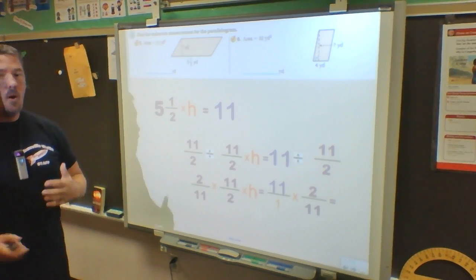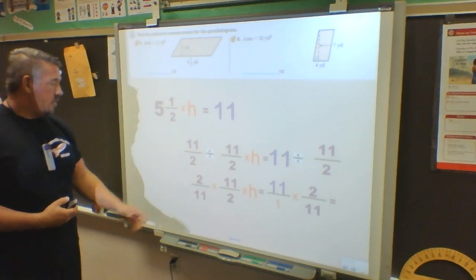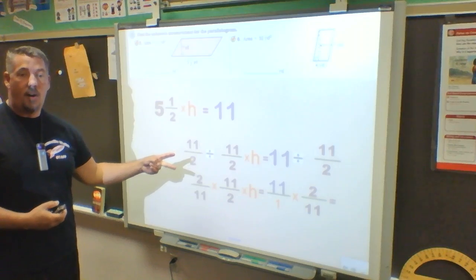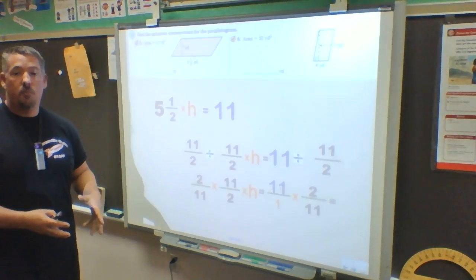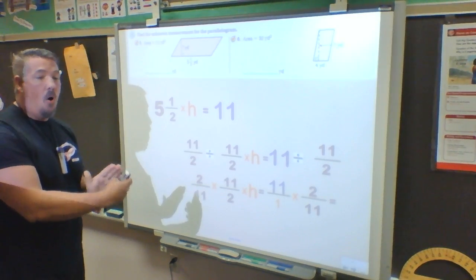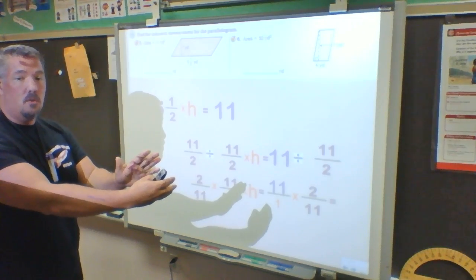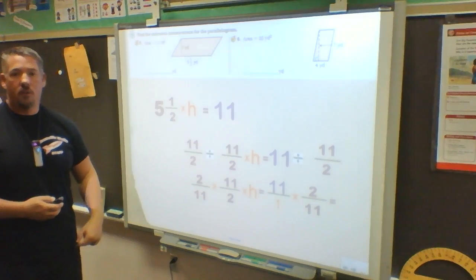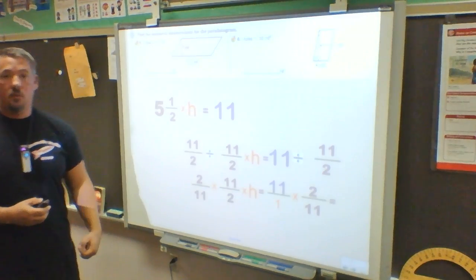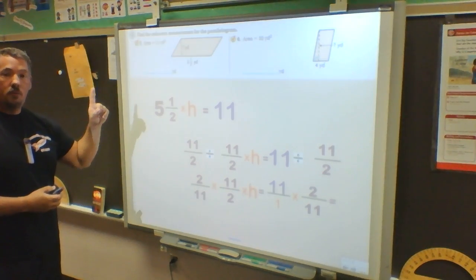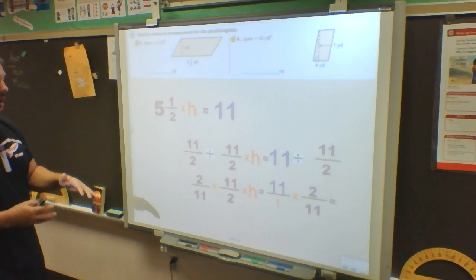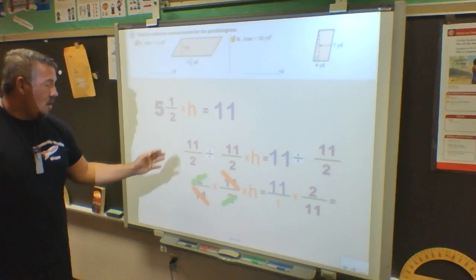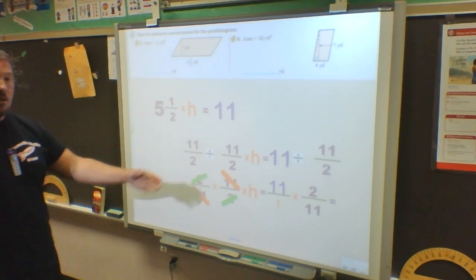So now I got to look at what I can do mathematically. Well, this is the law of reciprocals, and a reciprocal once again is a fraction that's flipped. The law of reciprocals is any fraction multiplied by its reciprocal is equal to 1. If I multiplied those together, I'd get 22, and if I multiplied these together, I'd get 22, and 22 over 22 is just 1. If I cross-reduce them, then I can see that they all cancel out. The 11s all make 1s, my 2 all make 1, so I know I'm just going to be left with